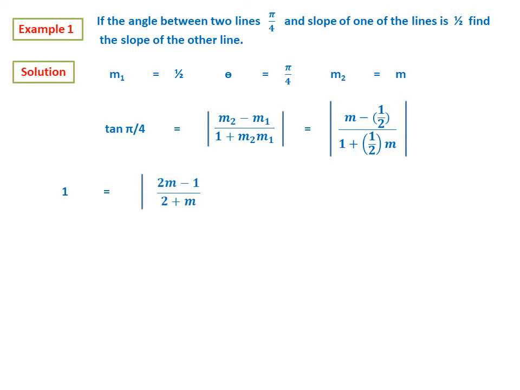Of course you have to take mod. Now therefore this implies plus or minus 1. When you remove mod, it will be plus or minus 1. So 2m minus 1 by 2 plus m will be equal to plus or minus 1. When you solve this one, that is you take first plus 1 and cross multiply, solve it, find the value of m, and that I have not shown here because the calculation you can do yourself. Second one, take minus 1, once again cross multiply with 2 plus m and find the value. So you get these two values. One is m equal to 3, another one is m equal to minus 1 by 3. So there are two lines possible with the same condition. So this is the first example.